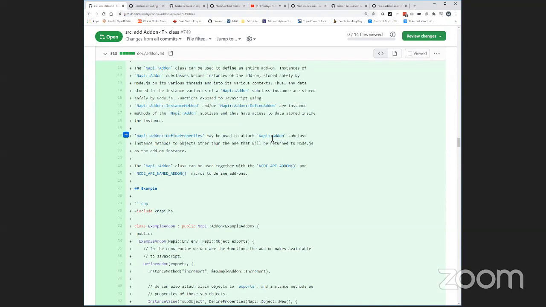So that's the idea. The implication, of course, is that the bindings that you create this way are a little bit slower, because they not only have to napi_get_cb_info every time like normal bindings do, but they also have to napi_get_instance_data. So they're definitely going to be a little bit slower. But on the other hand, you get the ability to avoid global static data, and you also avoid the pitfall of having to call get instance data on the environment, because that runs the risk of you passing the wrong template parameter, because napi_get_instance_data requires a template parameter so that it knows what to cast the resulting pointer to.